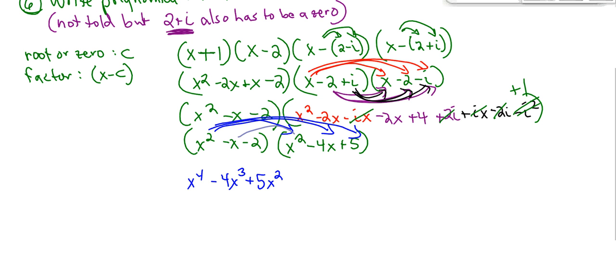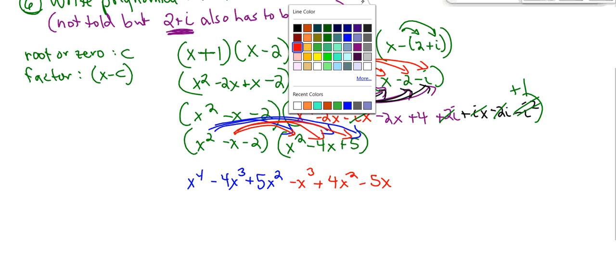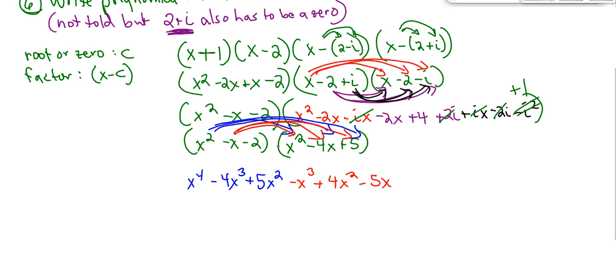I'll just use red. I'm going to take negative x times each of those, so that'll be minus x to the third plus 4x squared minus 5x. And then lastly, we'll multiply the negative 2 times each term there, and we'll get minus 2x squared plus 4, or just kidding, plus 8x,